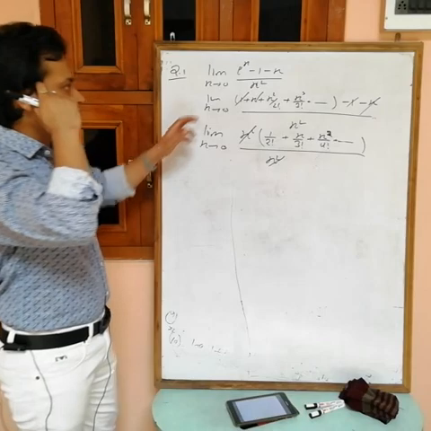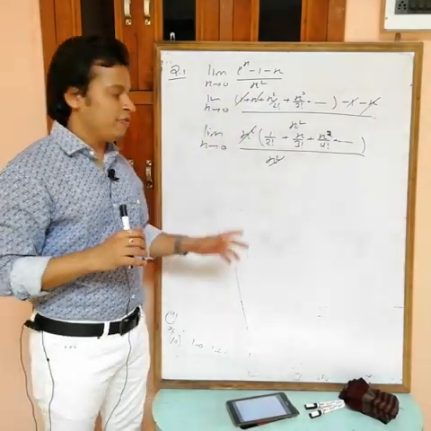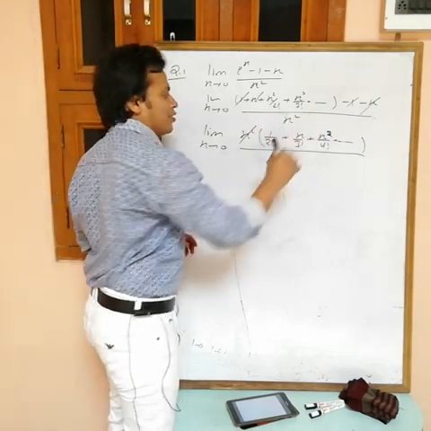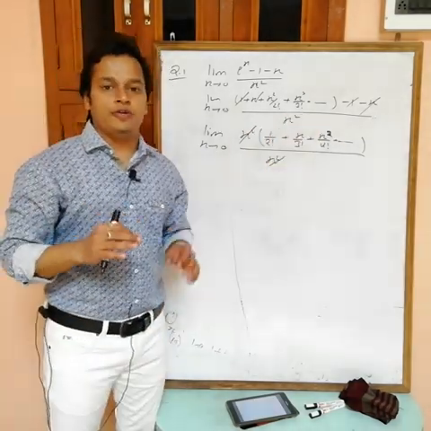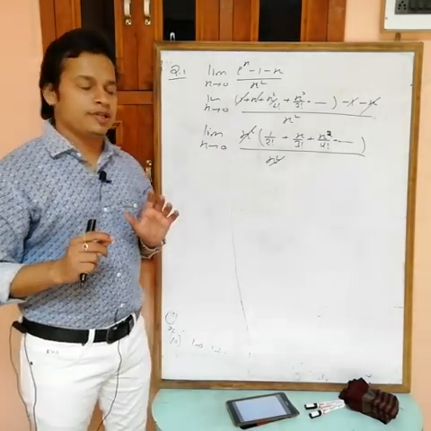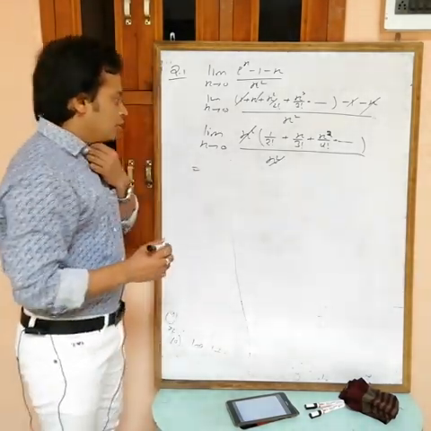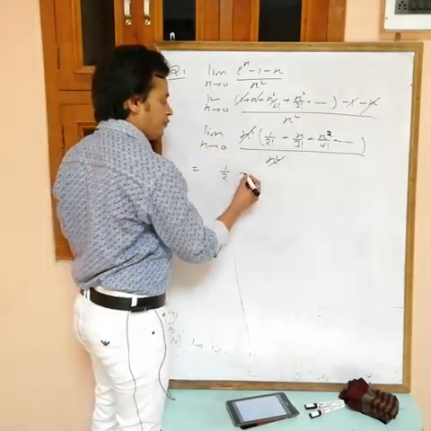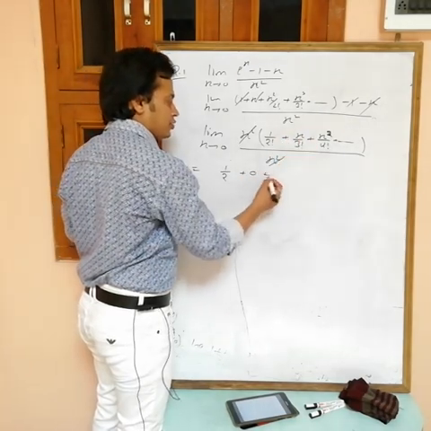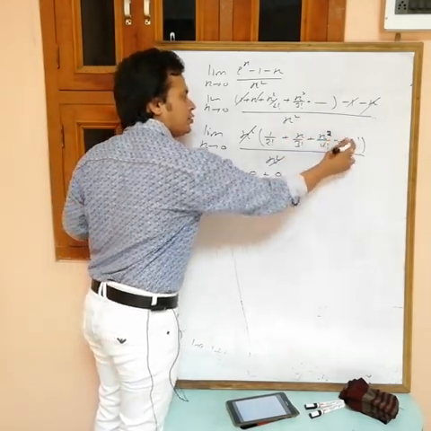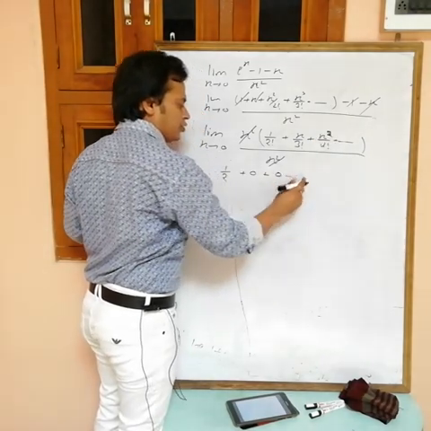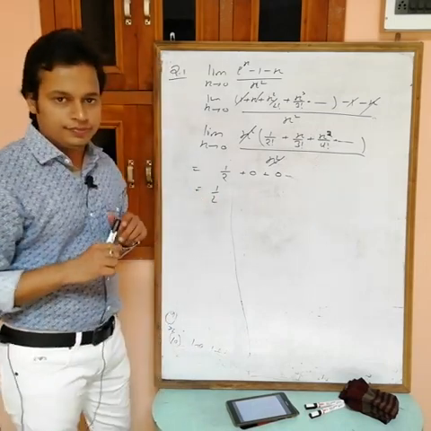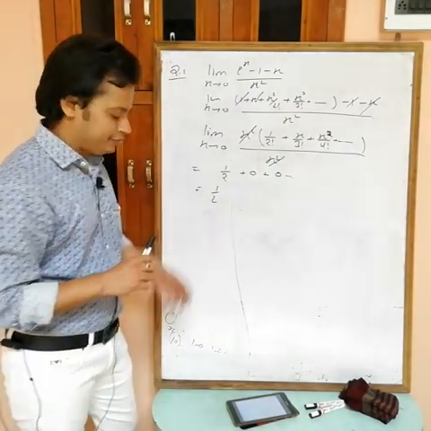Now this x square cancels out. Actually at this time you have 0 by 0 form, but after cancellation of the denominator x square, there is no 0 by 0 form. Now you have a determinate form, so you can put the value of x directly. If you put x equals to 0, what will you get? 1 by 2 factorial is 1 by 2, the other terms are 0. So actually all remaining terms will be 0. So the answer is 1 by 2. Okay, write down.